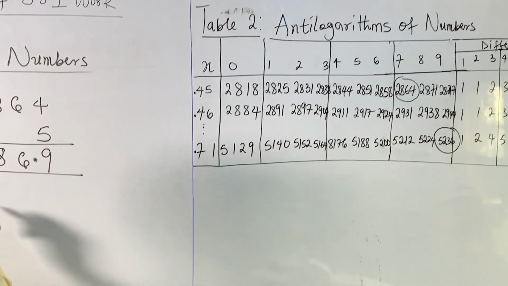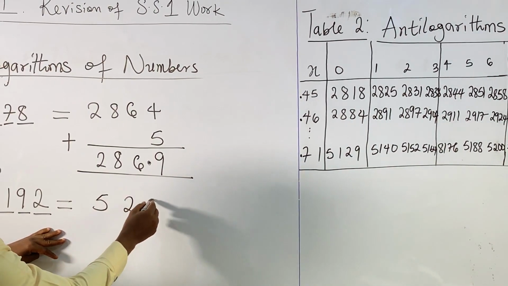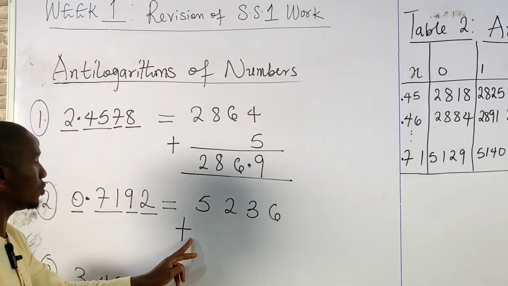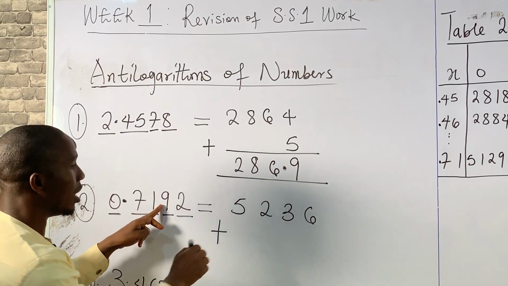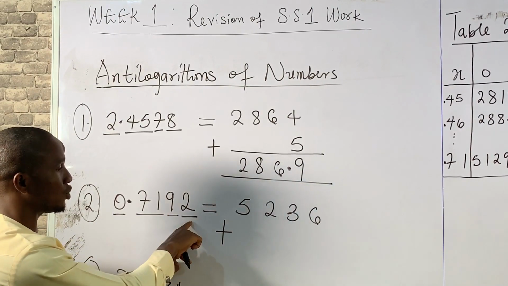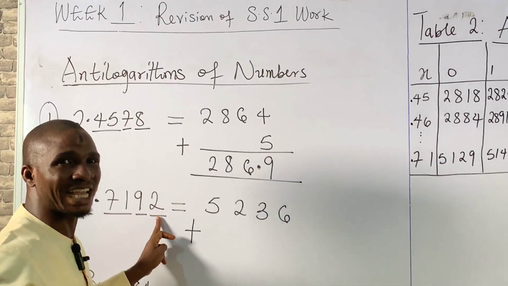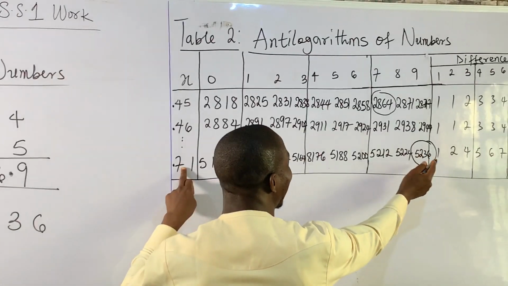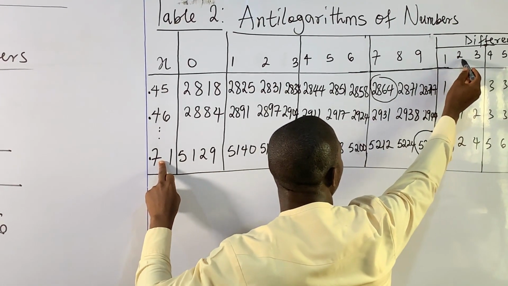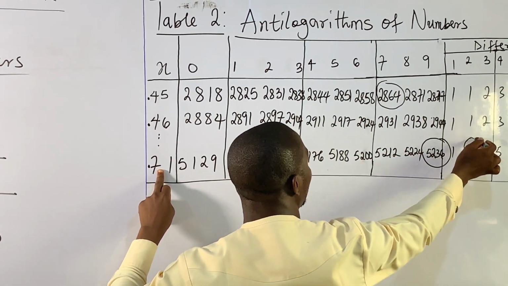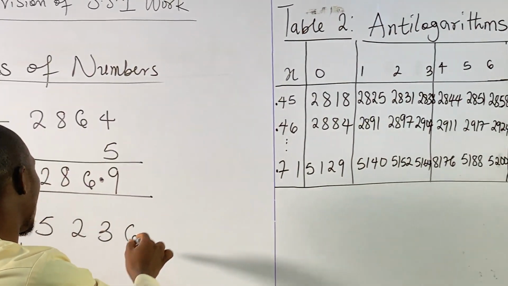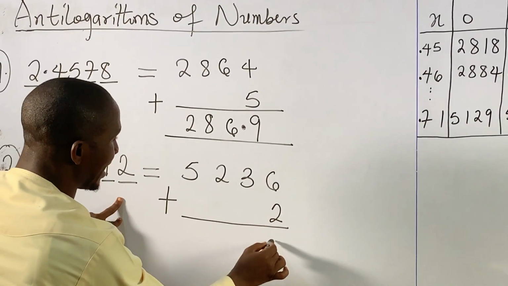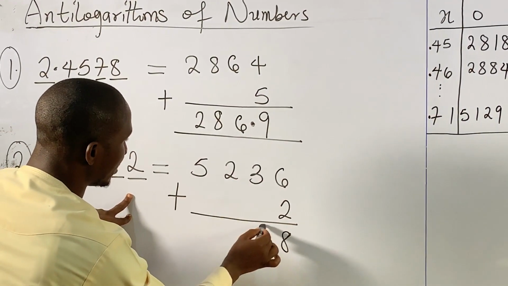That is 5236. So we come back here, 5236 plus, that is, you add the difference. This is 0.71 under 9. Then difference 2. So let's go and check for difference 2 in the table. Difference 2 is 2. So we come back here and add the 2. That will give us 6 plus 2, 8. Then 3,